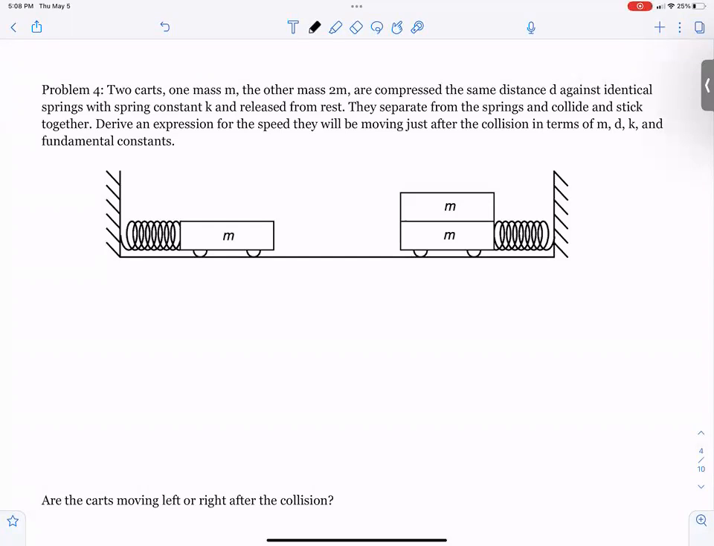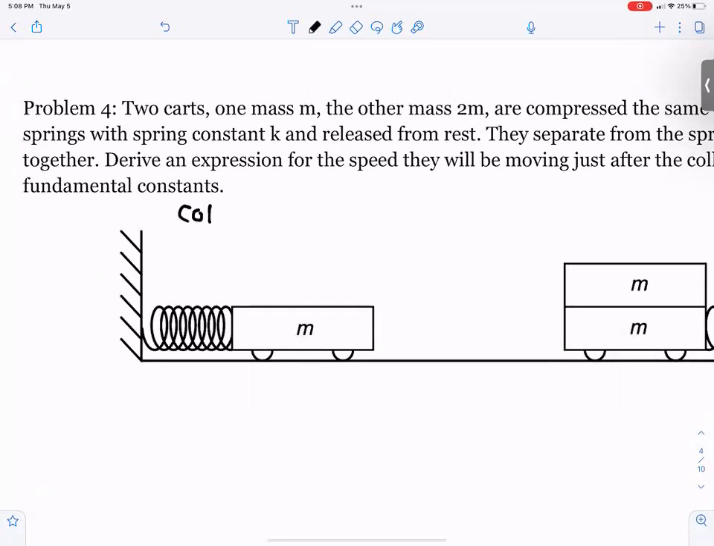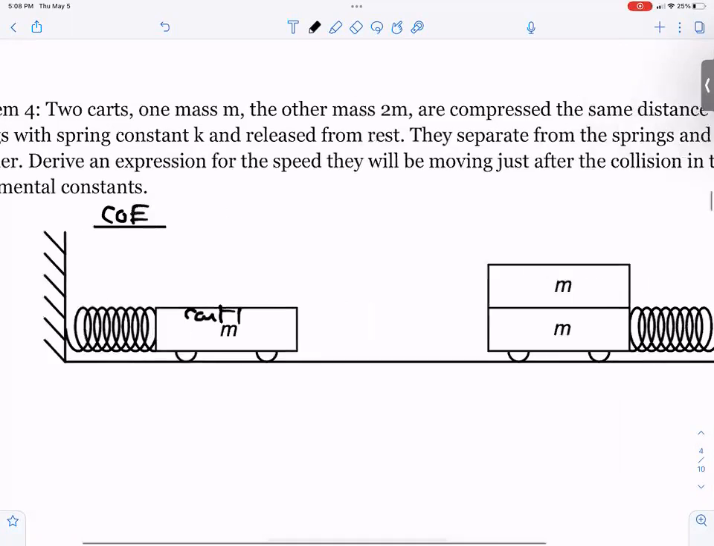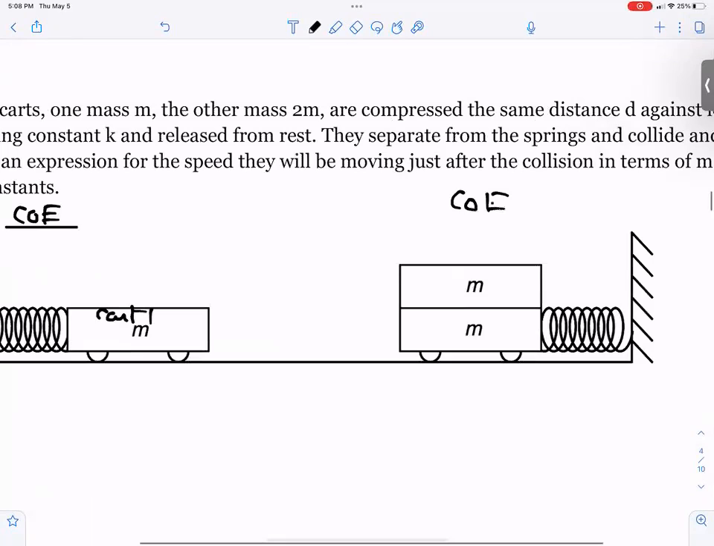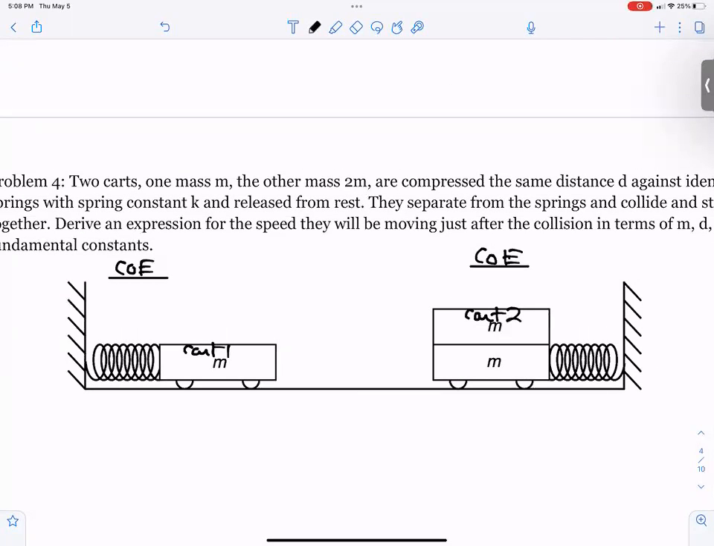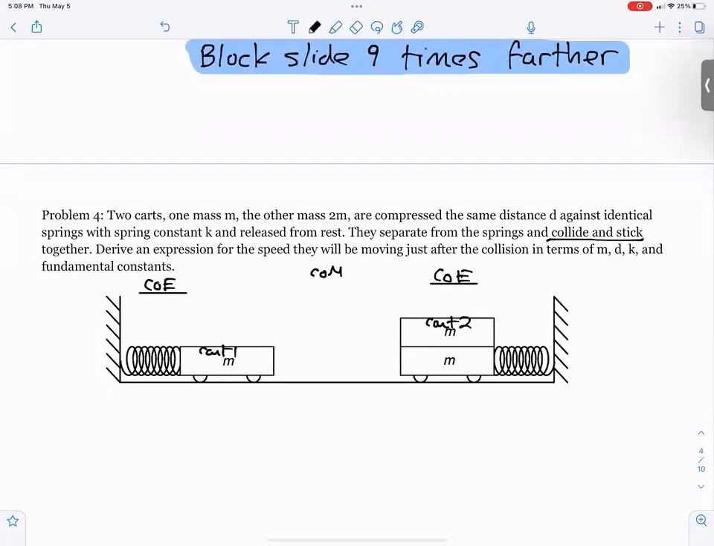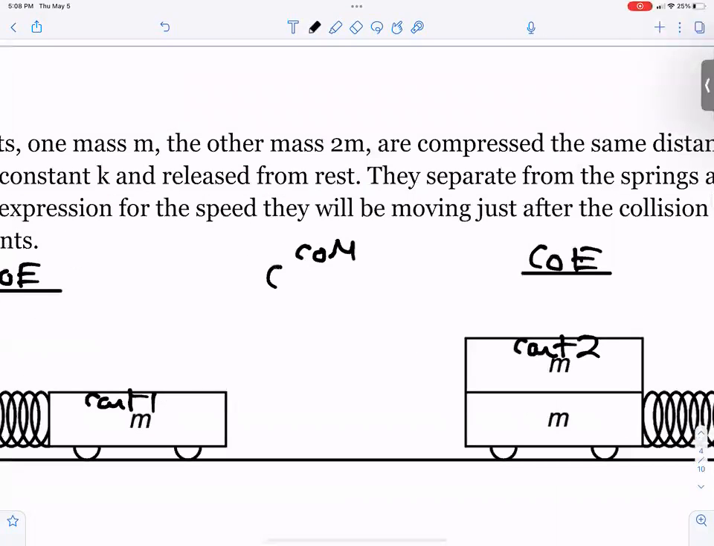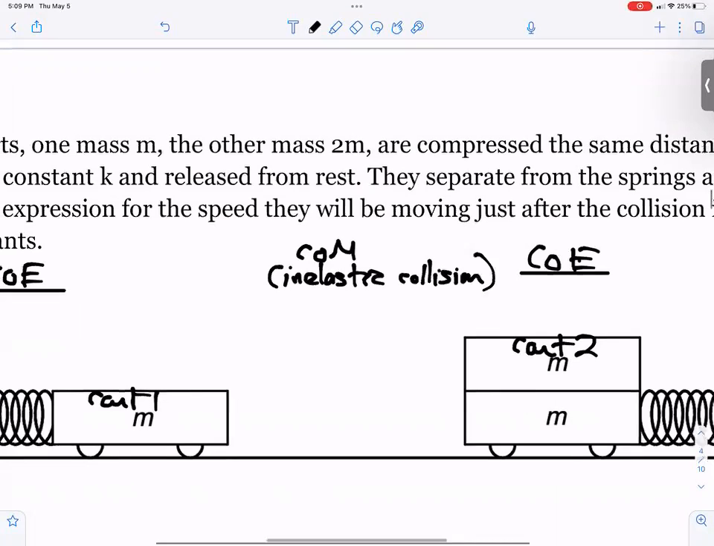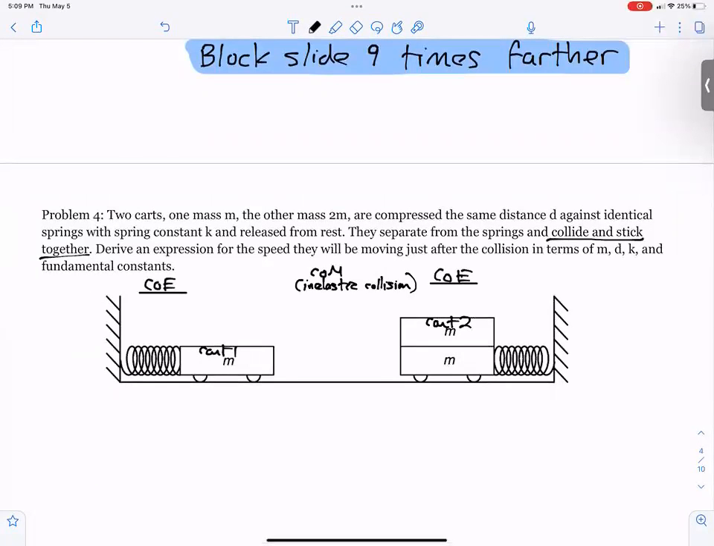One of the things I noticed right off the bat is that if both of them are spring loaded and launched, we have conservation of energy from cart 1, and we have conservation of energy from cart number 2. Now, when these carts meet in the middle, we're looking at conservation of momentum. They collide and stick together, so we're looking at an inelastic collision. Those would be the two concepts that immediately come to mind when starting to take a look at problem